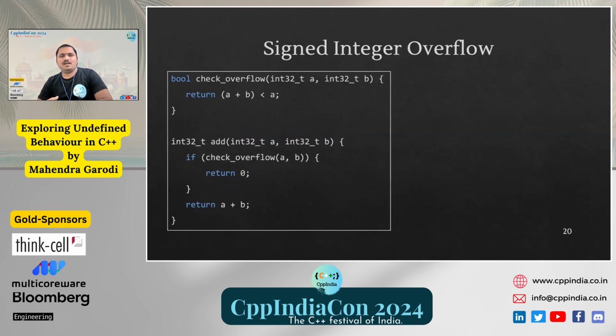I will go a little slow. Now let's take an example of signed integer overflow. Very simple code. We have defined one function called check overflow. I'm using fixed-width integer types here, just to make sure that I'm dealing with 32-bit values. What I'm trying to do to check overflow is a plus b, and if it is less than a,